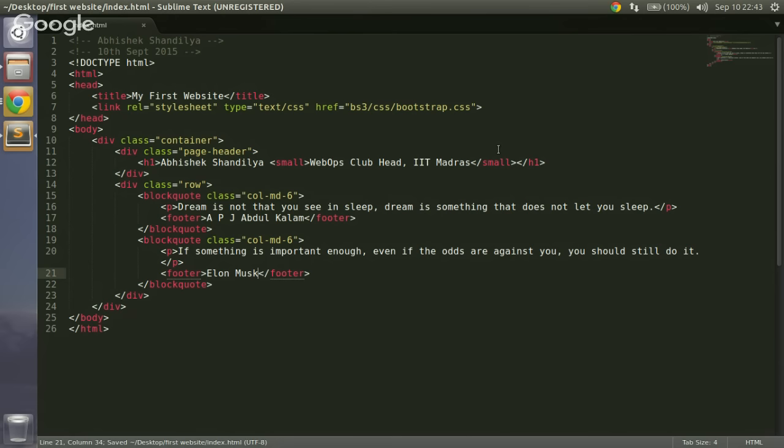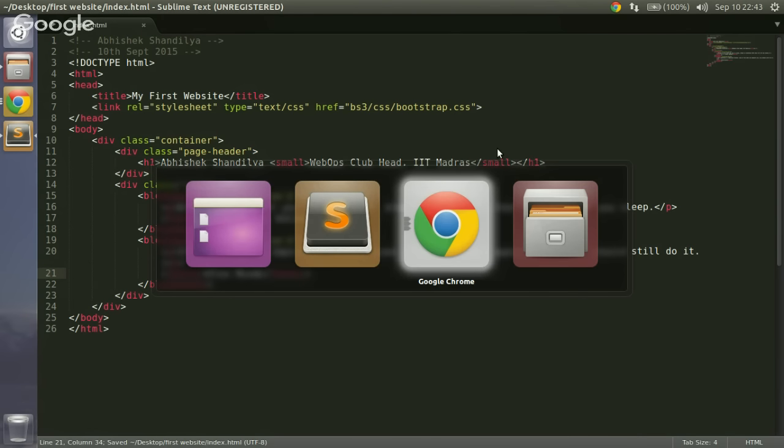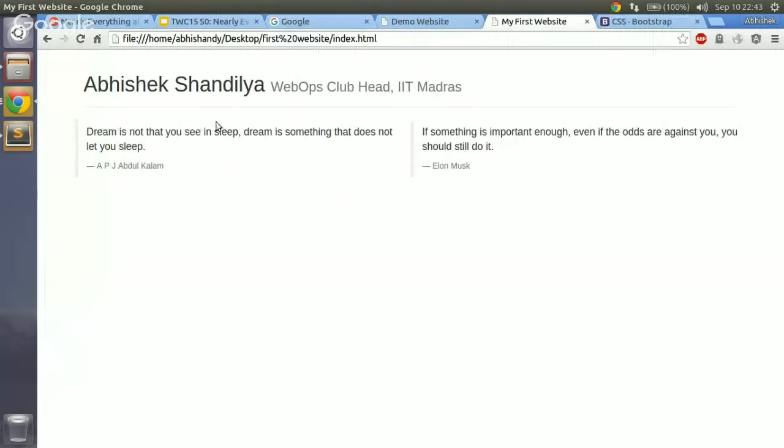I can see 2 quotes. So I told the block code to use 6 out of 12 columns, so it occupies 50% of space in the horizontal direction. And the second code does the same. The second part. Now I'll add a